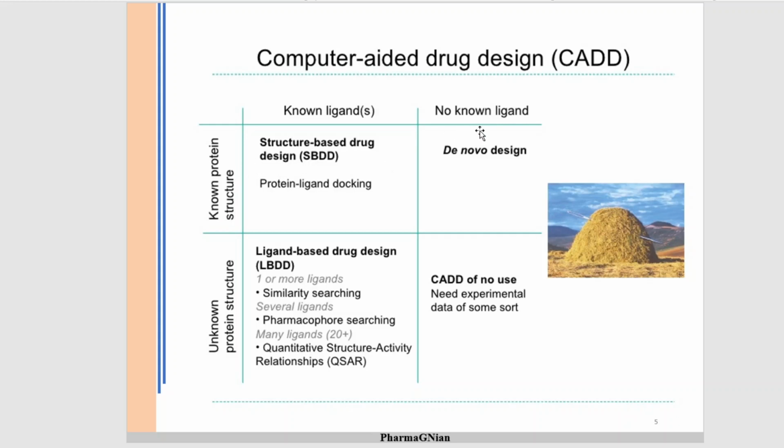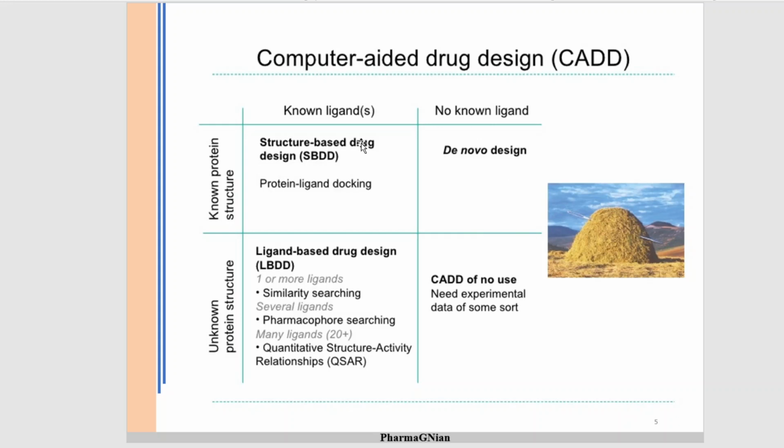Okay, but we don't know the ligands. So what we do here is determine the active site composition of that protein. That is, what are the amino acids in that active site, what the binding site is like, and also what the orientation of those amino acids is. This information we will use for the drug design. This is called de novo drug design. Simply, this is called de novo drug design.